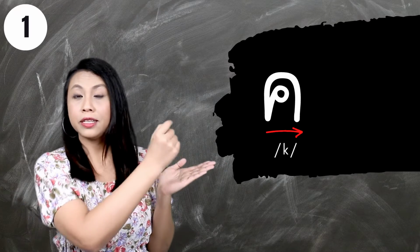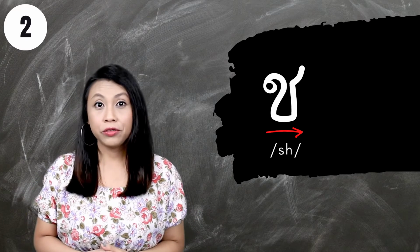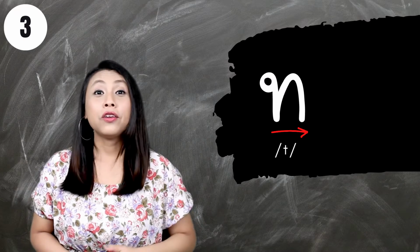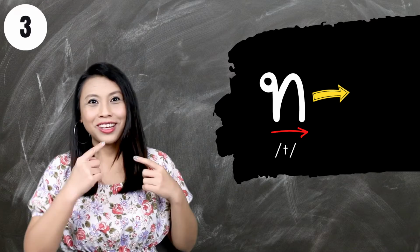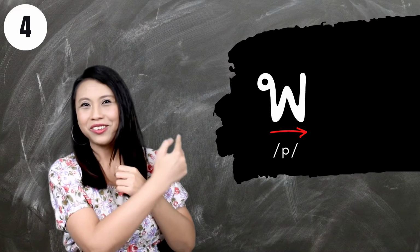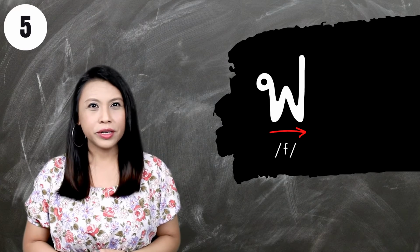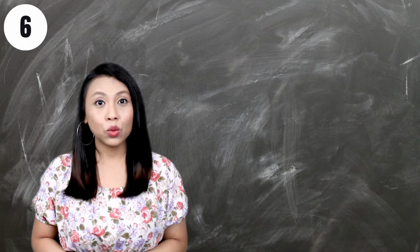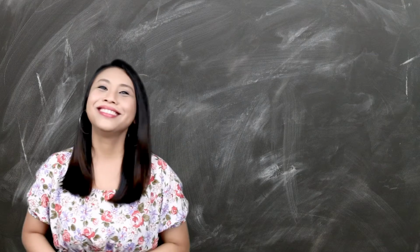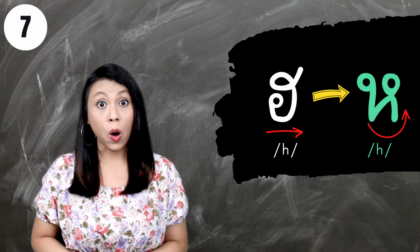pronounce call in rising tone it turns to be call the next one is chaw if I pronounce it in rising tone it's chaw the next one is taw if I pronounce it in rising tone it turns to be taw the next one is paw if I pronounce it in rising tone it's paw the next one is for when I pronounce it in rising tone it's for the next one is saw when I pronounce it in rising tone it's saw and the last one is haw when I pronounce it in rising tone it's haw